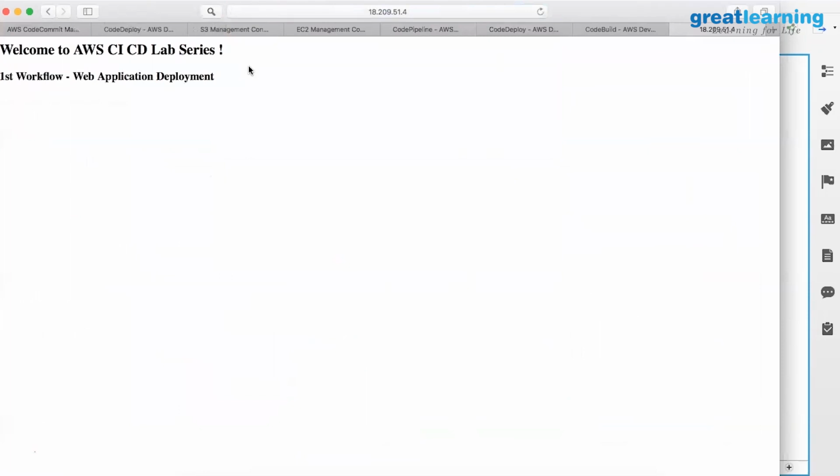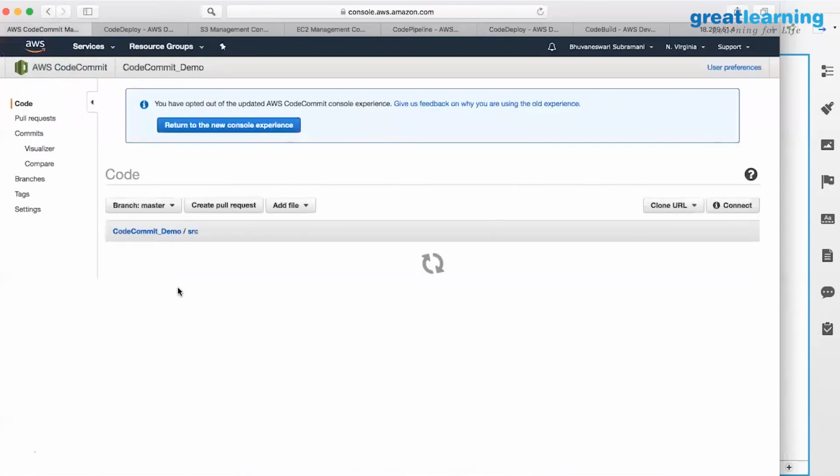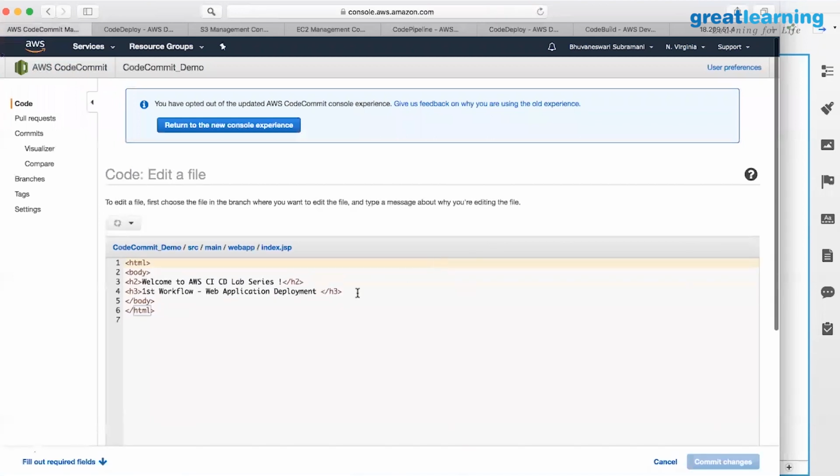Now the deployment is done. You might be wondering whether I've pre-deployed this, so to see how the source detection happens automatically, I can go to the index page and make a quick commit for the purpose of the demo. I'm going to edit index.jsp. Live demo to see the changes.